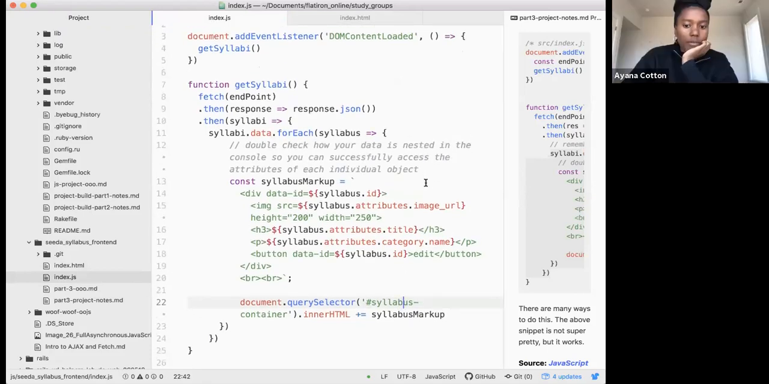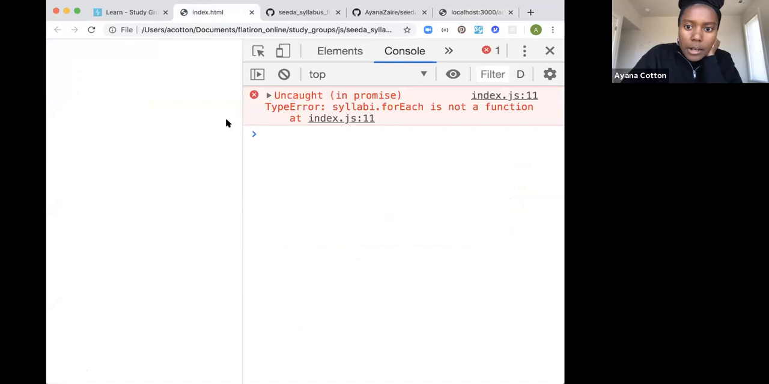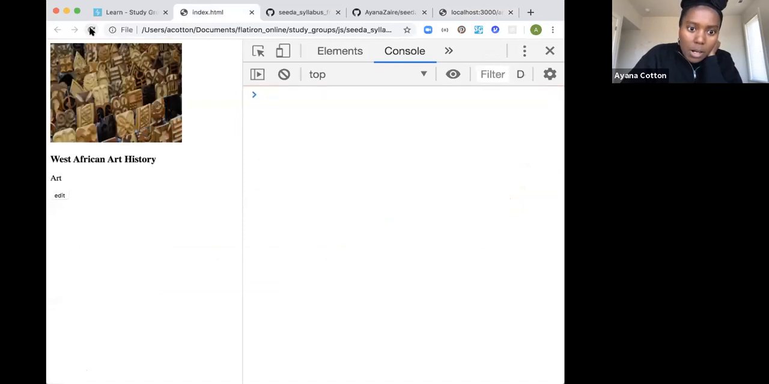Let's see if this is working for us. Go back to Google Chrome here. Let's look at our index.html file. Nice. We have our syllabus. If we recall,